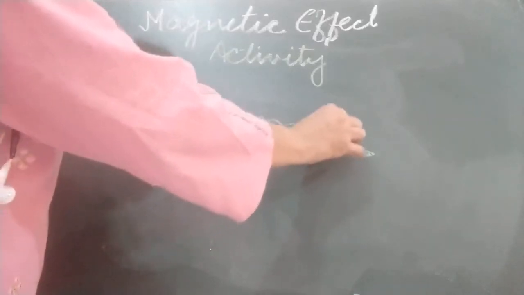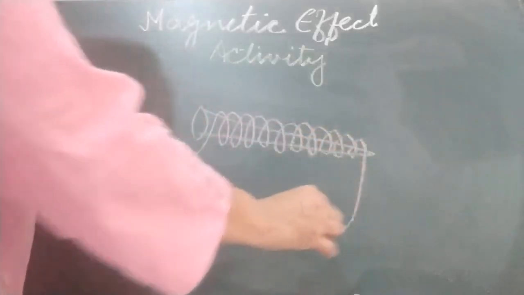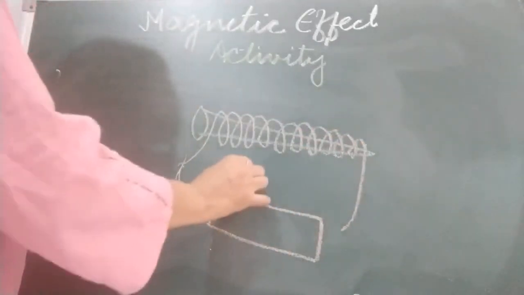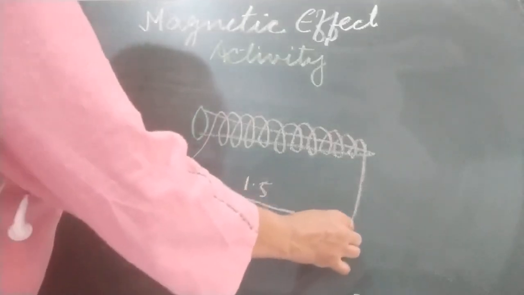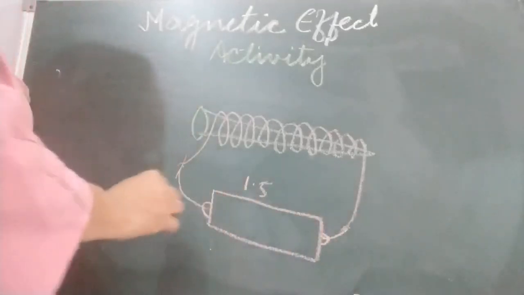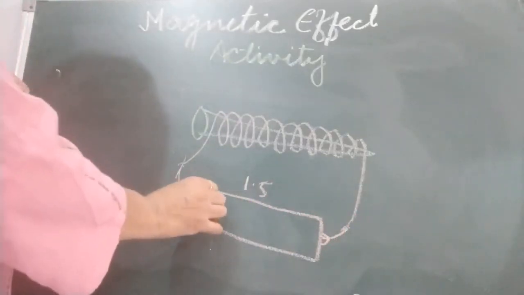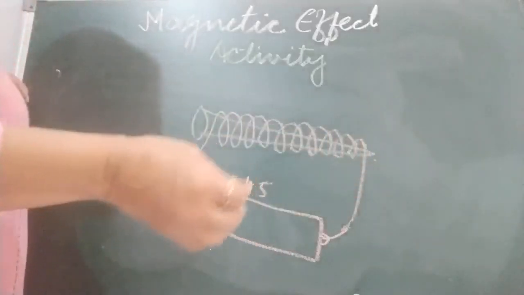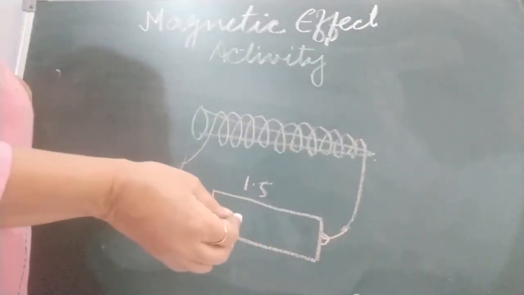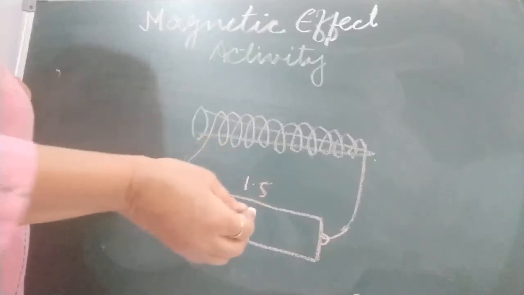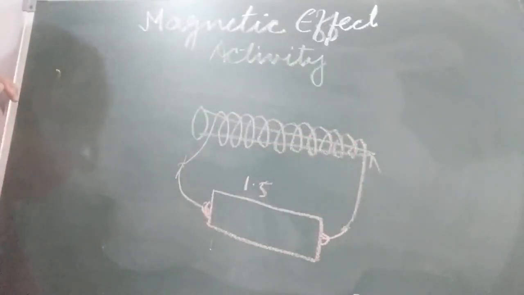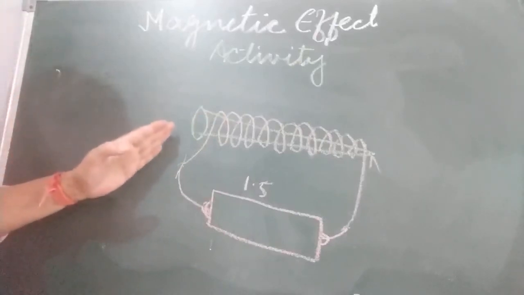Children, you do this. It is not a dangerous activity. And then you take one cell of 1.5 volt, and just attach both the ends of the wire, fix it with the tape. And after some time you bring some small nails or stapler pins. You'll find the tip of the nail is attracting these things. So this is the safety pin gets attracted to the iron nail.